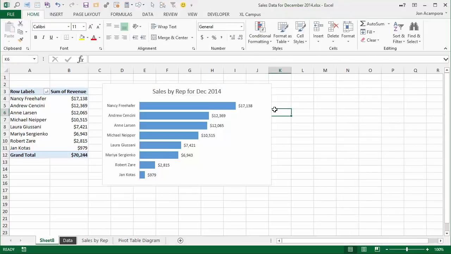So now with just a few clicks, we have this great looking chart that allows us to visually see our report here, our sales by rep for the month of December. So hopefully you've seen the power of the pivot table here, and it's not really that scary of an item. It's actually very easy to use and extremely powerful, and allows you to quickly summarize and visualize your